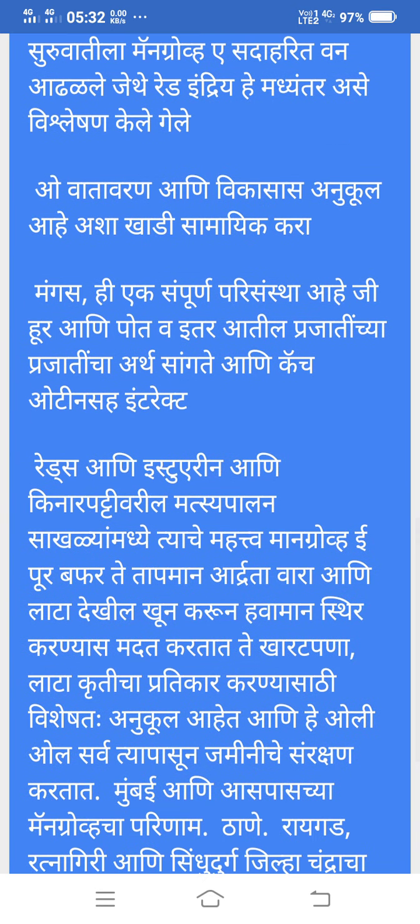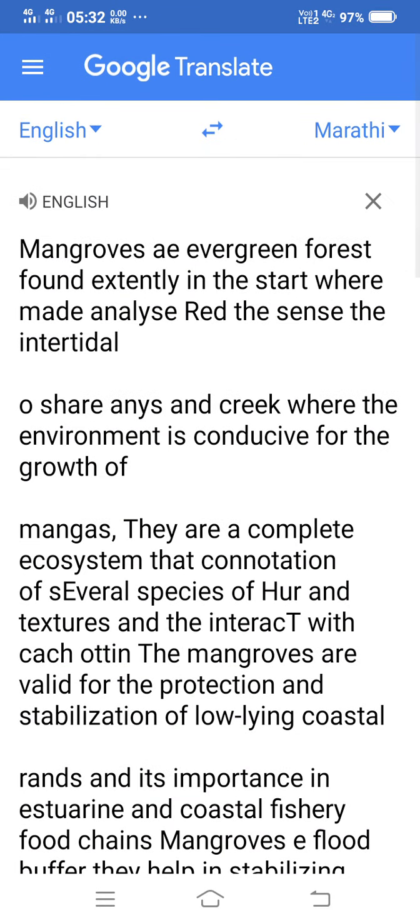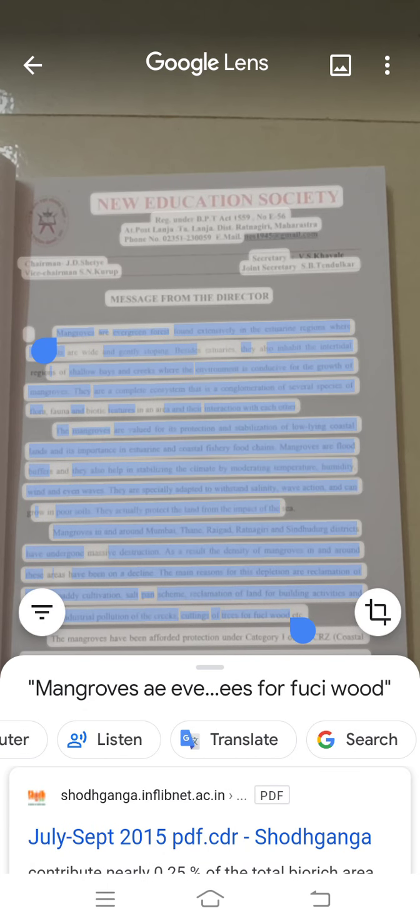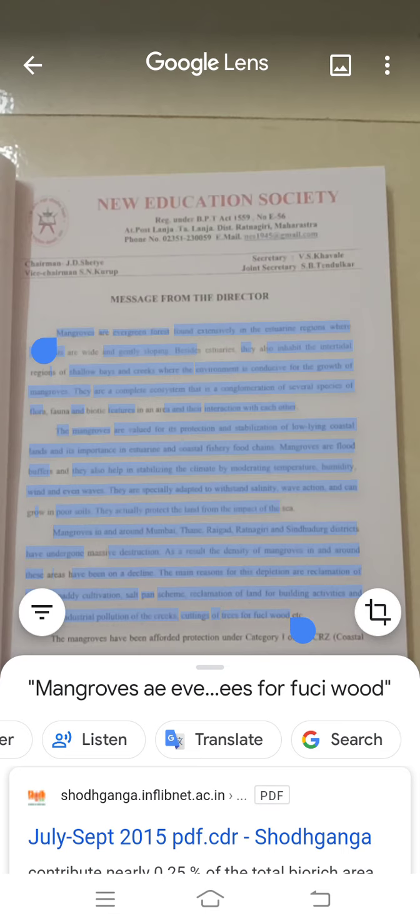So this is how you can use this Google Lens app for your regular notes preparation, typing, or any other work. Again, if you want to know more information about the copied text, then there is the Google search option, and you just need to click on the search option.